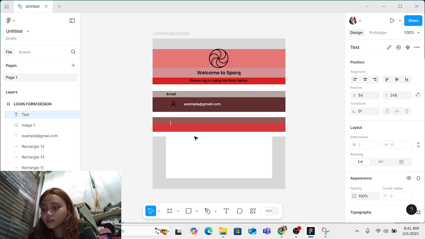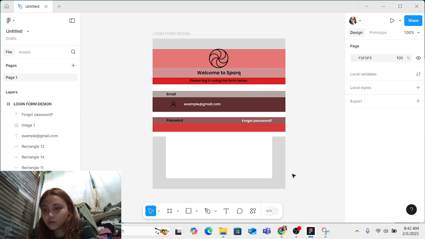Actually, we can copy this. So just save it. Forgot the password. And let's put it over there. Then let's copy this one and put it right here. And let's change the password. And this one. There.